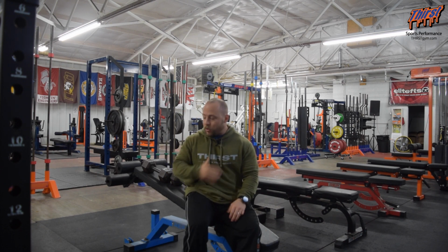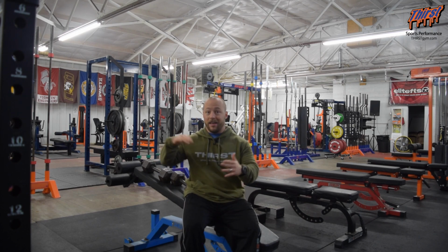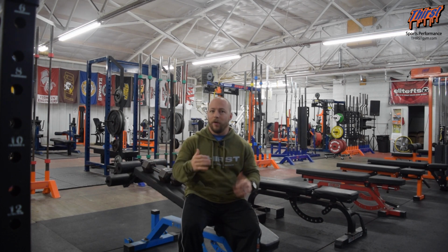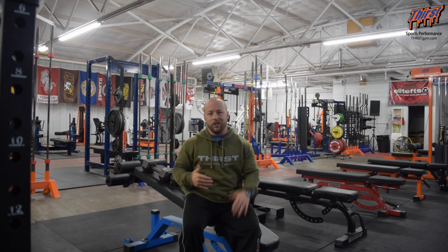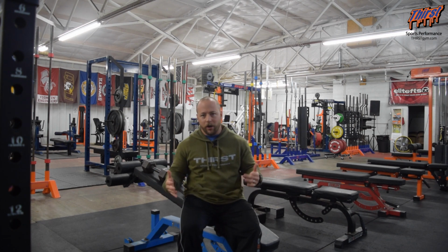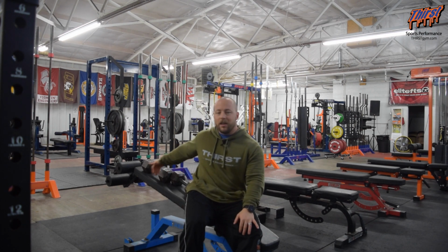What you're going to need is some kind of utility bench that can perform a decline. Again, if you can't do that, just elevate one end on a couple 45-pound plates or a very low box, and that will give you a subtle decline. You can, of course, raise that decline as much as you want, but generally just a really small, manageable decline is really all you're going to need for an exercise like this, and then obviously you need a pair of